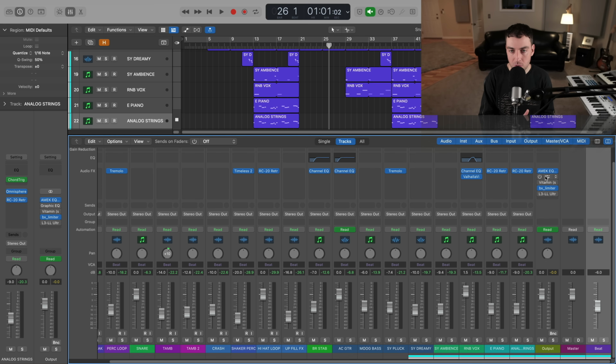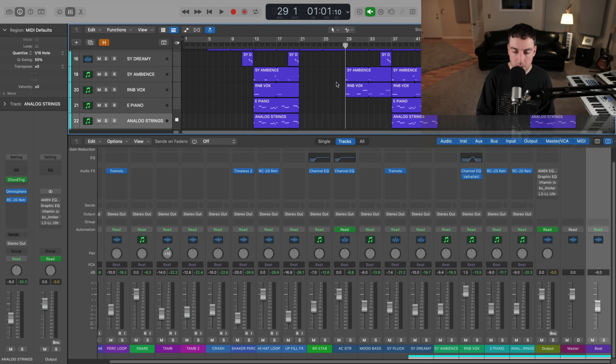Now, when you want to deliver multi-track, so this is exclusive of the 2-track, meaning like the tagged version or the WAV and MP3, that would have this mastering processing, or at least some of the tonal stuff. But for delivering your multi-tracks, you want to take all this off, and then we want to just create that headroom, which we did at the beginning. That's why we did that VCA. That now comes in handy because when we go to do the multi-tracks,